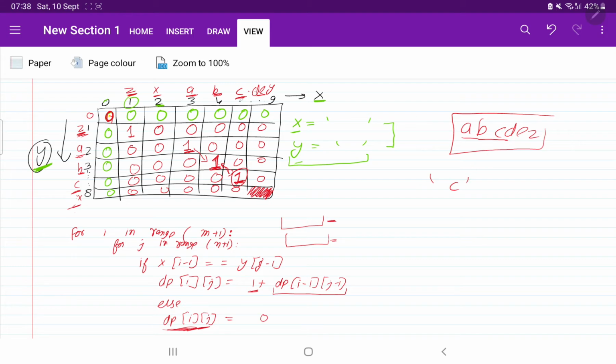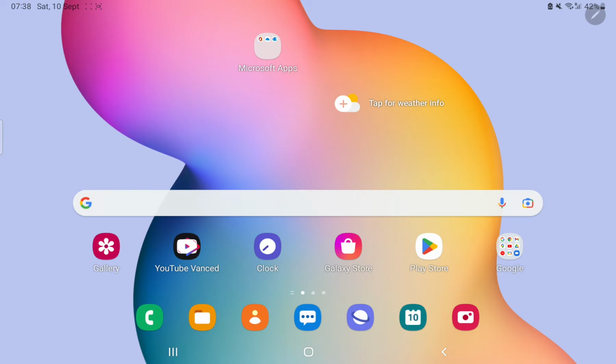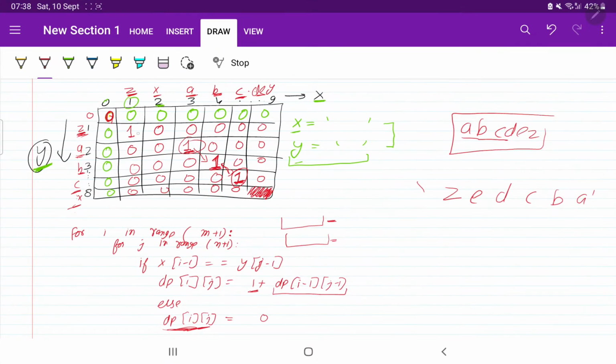First the last element will be added. The last common element was z, then e will be added, then d, then c, then b, and eventually we are going to reach this point, a. Then we will go back diagonally and check whether we are getting a 0 or 1.